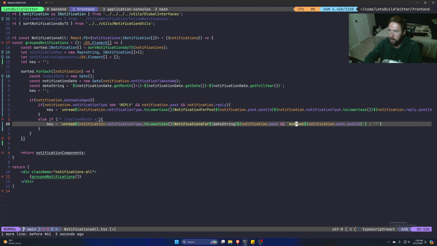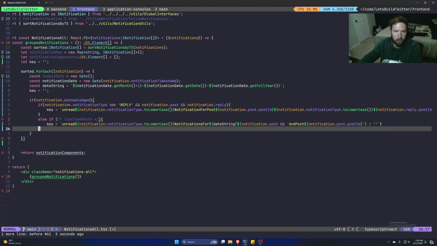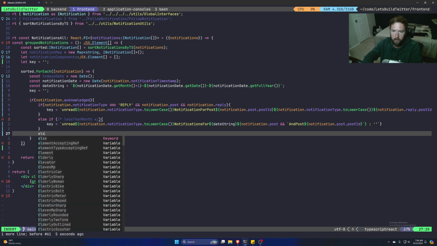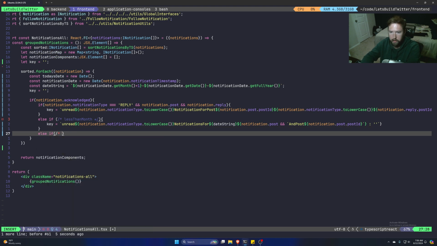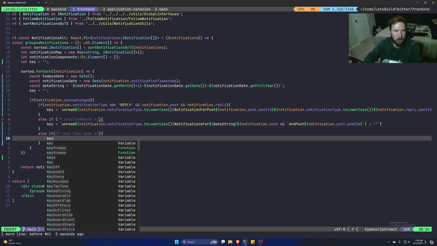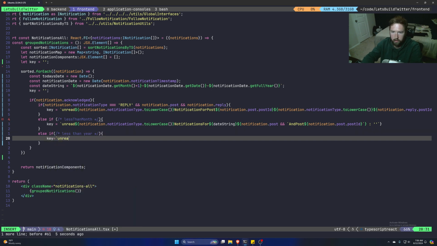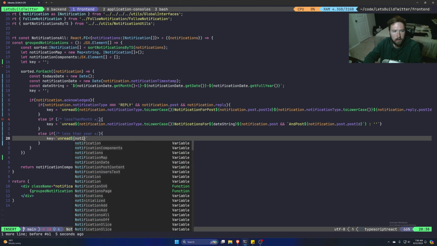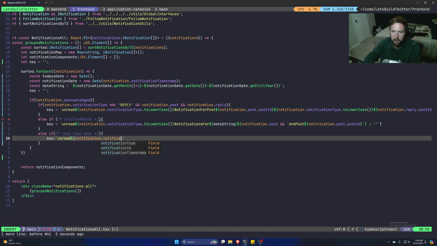So if there's a post, we'll go ahead and say, hey, it's for this post. Otherwise, it's not for any post. And then finally, I believe we should just have an else here. And then we have one more else if. This one will be less than a year. Again, we'll set up the function for this in a second. Here, we'll say key is equal to unread ${notification.notificationType.toLowerCase()}